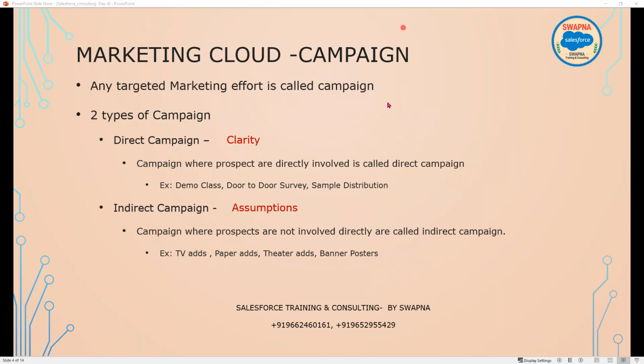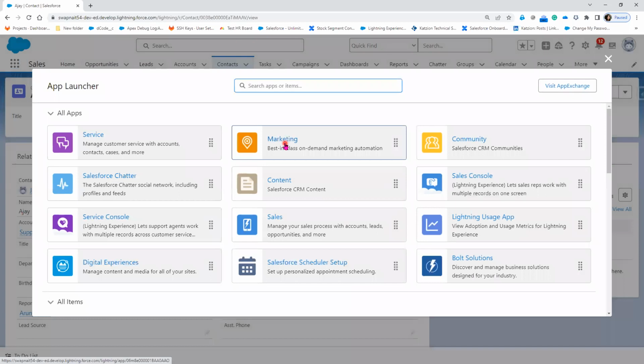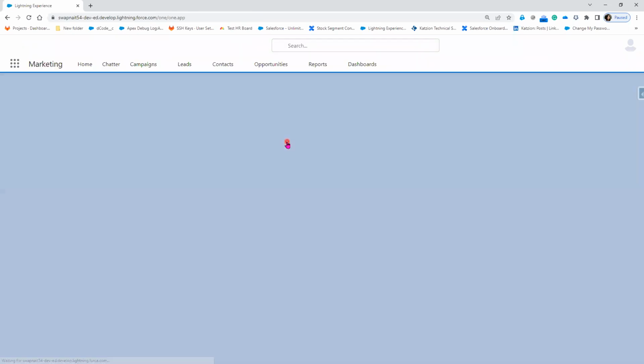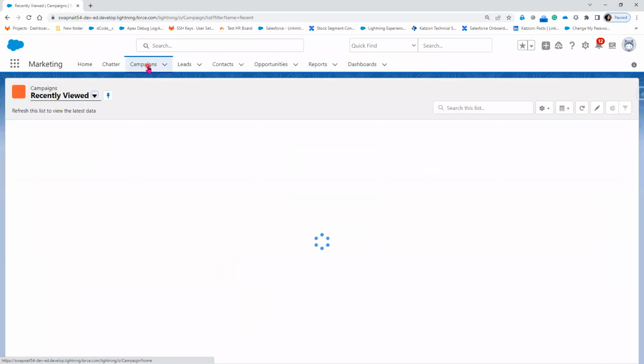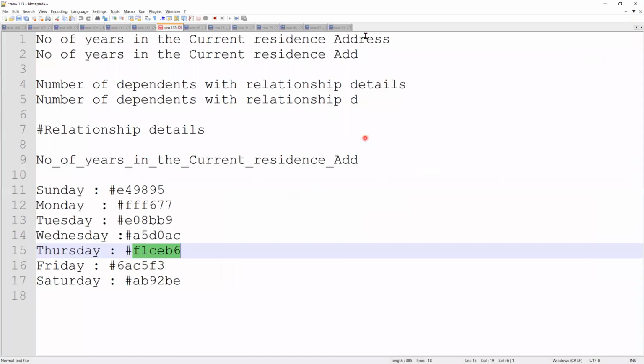Now let's see how to create a campaign in Salesforce. The navigation steps for creating a campaign: just click on the app launcher, go to view all, and then click on Marketing. Once you click on Marketing, you can see a navigation item called Campaigns. So the navigation steps are